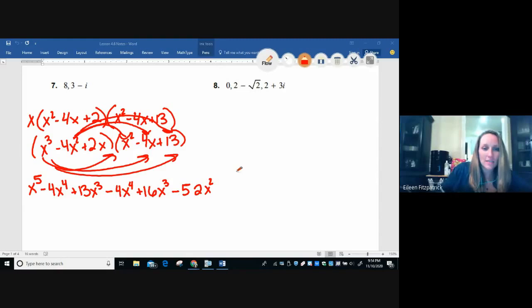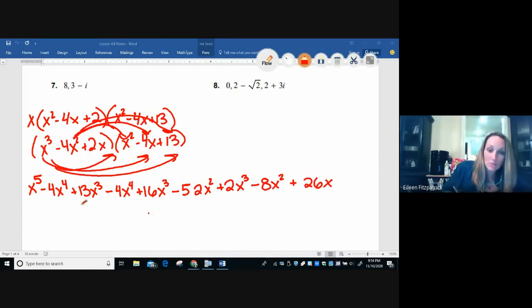Distribute the 2x into the parentheses. So I have a positive 2x to the 3rd minus 8x squared, and then a positive 26x. Okay, combining like terms, as long as I didn't make any mistakes, it's going to be x to the